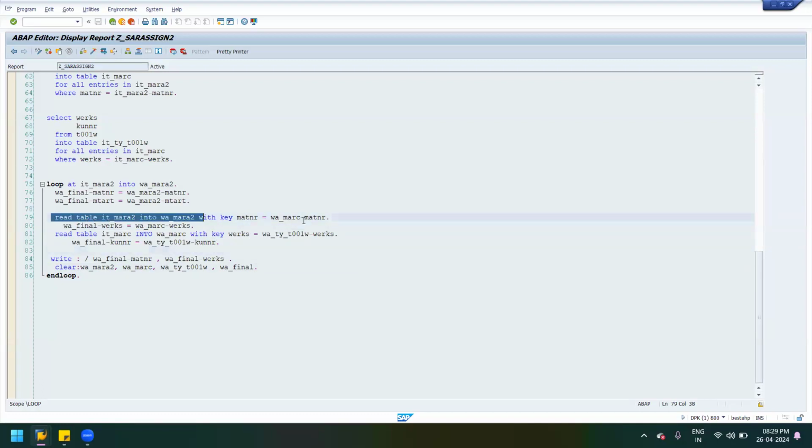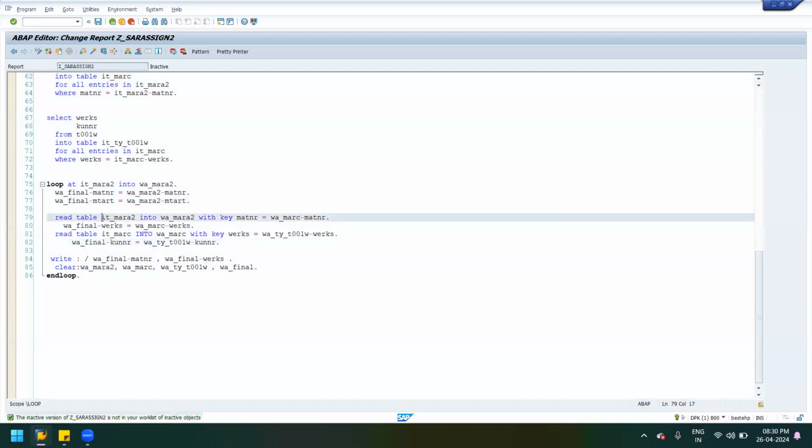So what will you change here? I think MATNR should not be there, so WERKS will come up. With the key, WERKS equal to should be there, no? No, actually,